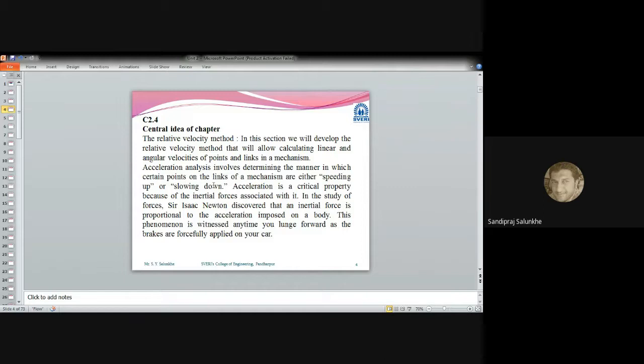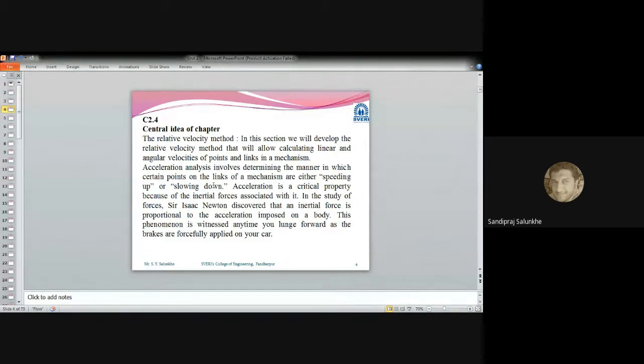So for that purpose, you need to calculate the acceleration so that you can go back and find the mass. Suppose we take the slider crank mechanism and make the piston 3 kg, and you want to develop 40 meter per second square as acceleration. Then 3 multiplied by 40 will be the force required to overcome the inertia of that piston. And above that inertia, any force you apply will be utilized to overcome the inertia of all the remaining components as well as for doing the external work.